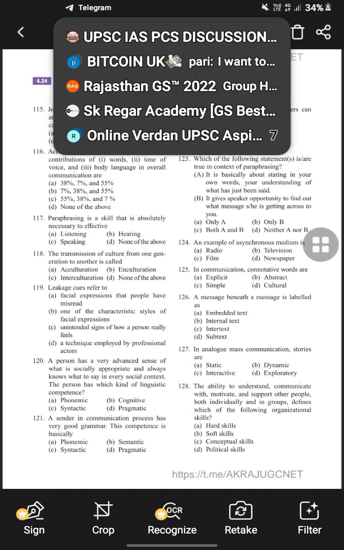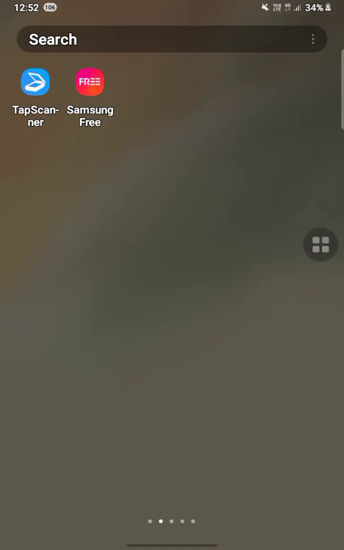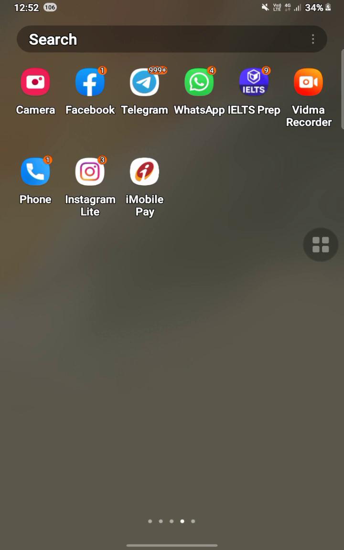A message beneath a message is labeled as 126, the subtext. In analogue mass communication, stories are static stories. The ability to understand, communicate with, motivate and support people is known as soft skill. So this was the whole set of questions based upon the chapter which was communication, and it will help